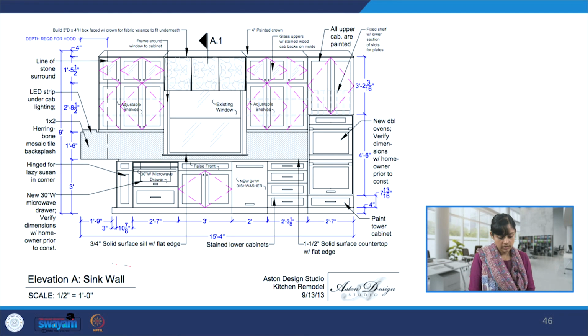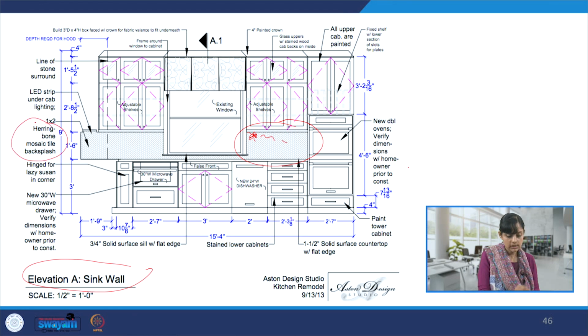Like this is one particular elevation, and if you look at this drawing, this is what I mean when I say God is in the details, and interior architecture drawings are quite elaborate. So if you look over here, for example, this portion, there is a tile pattern over here which is known as the herringbone tile pattern. In the lecture on tiles, this is discussed. Also, what kind of lighting is it? Is it LED or incandescent or fluorescent? All of those kinds of information.